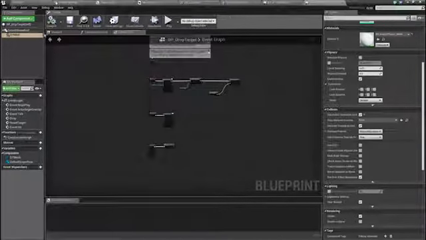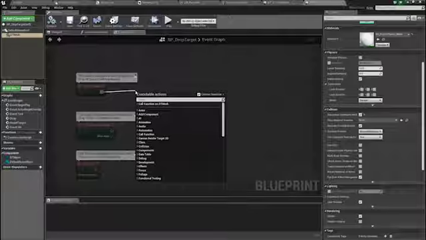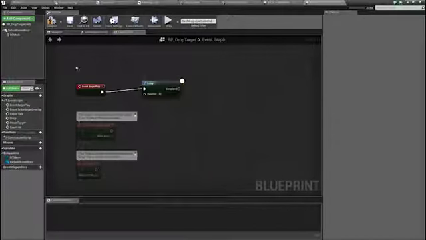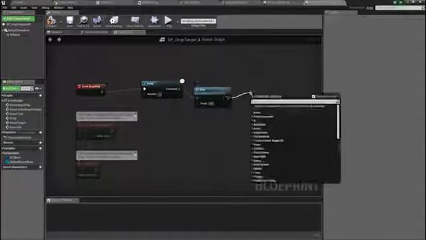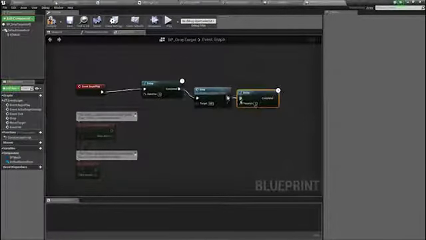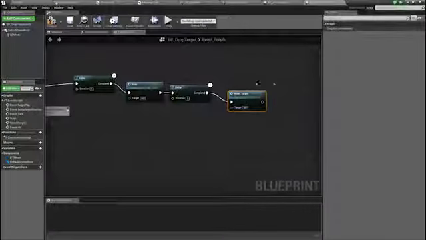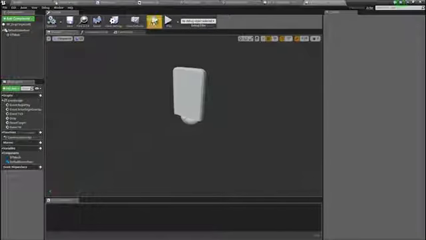At this point, we now have a drop target that will theoretically drop and then reset itself. But let's quickly test that. On begin play, I'm just going to add a delay. And after 1 second, it's going to drop. And then I'm going to add a delay again, which after 1 second is going to reset. So compile, save. And if I go to my viewport and I hit simulate,